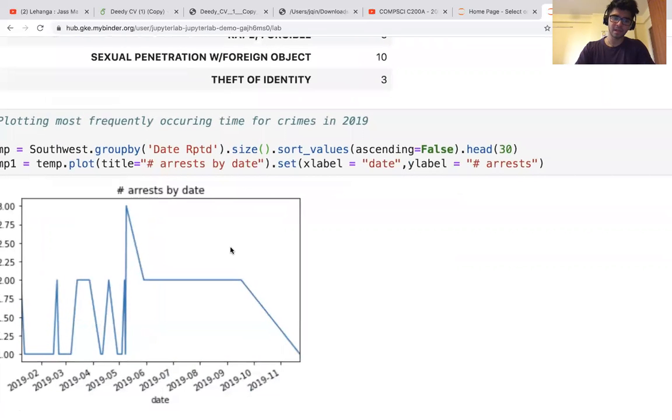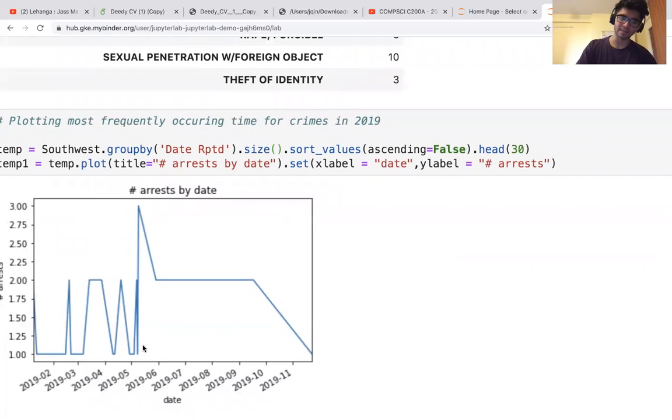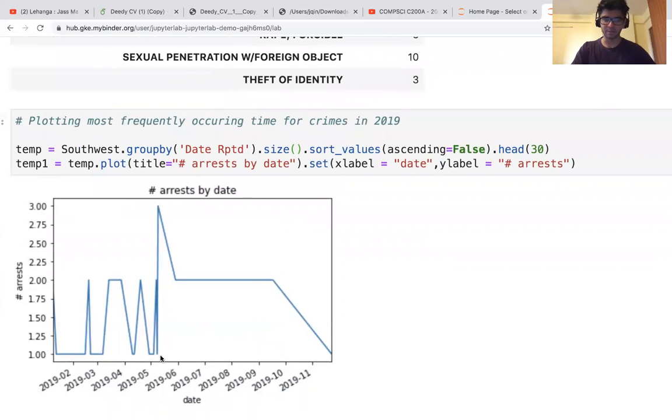And from this, we understand that most of the crimes seem to occur somewhere between May and June. So clearly, we can see that the crimes seem to occur in the summer months.